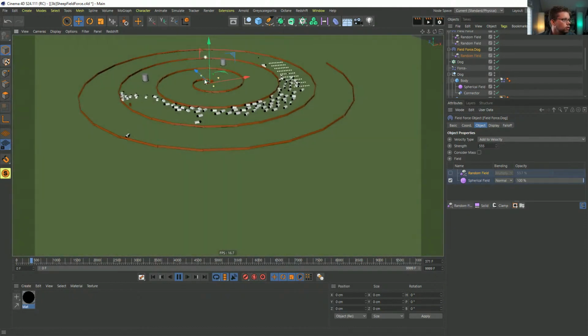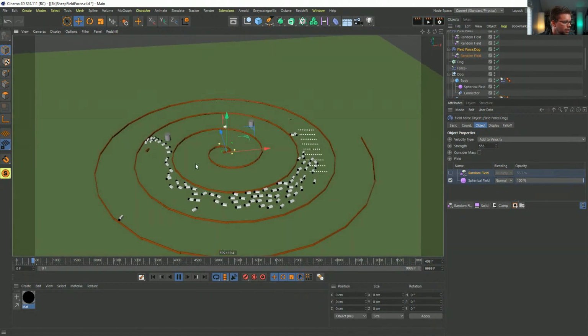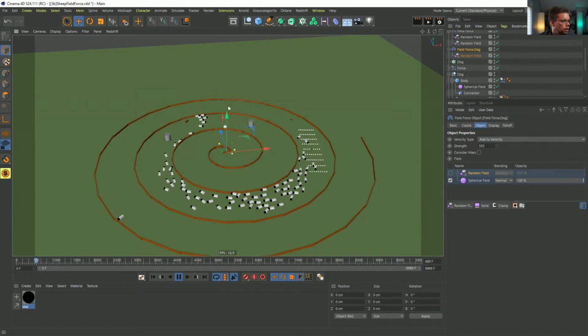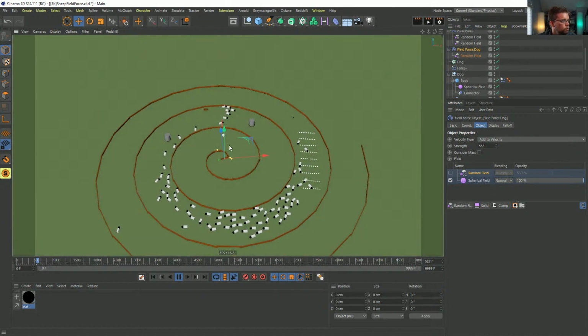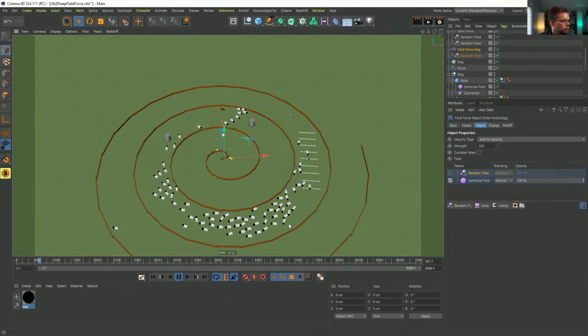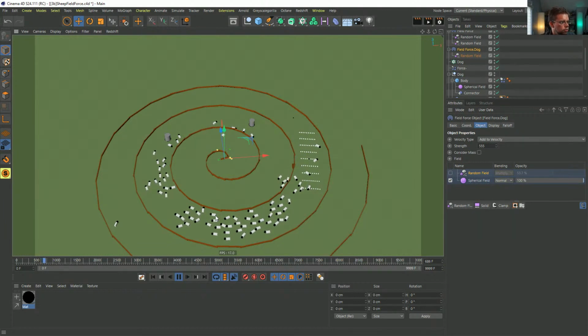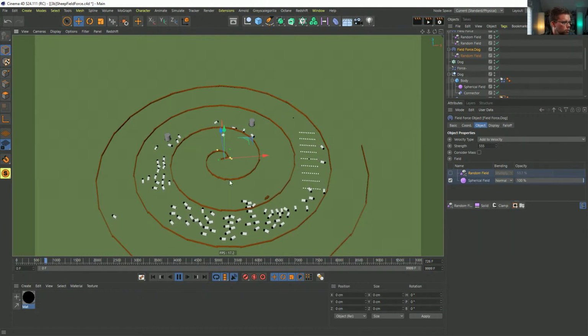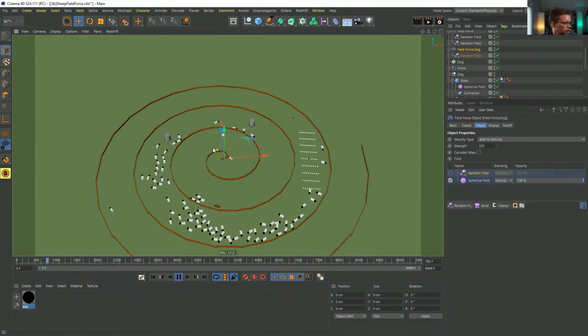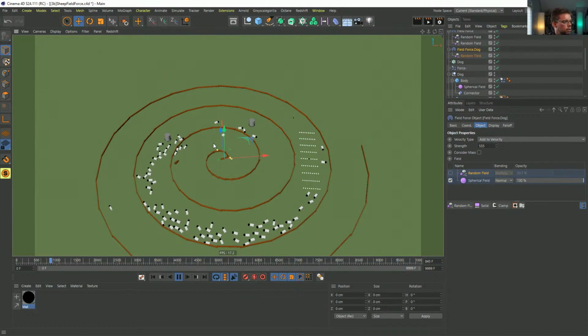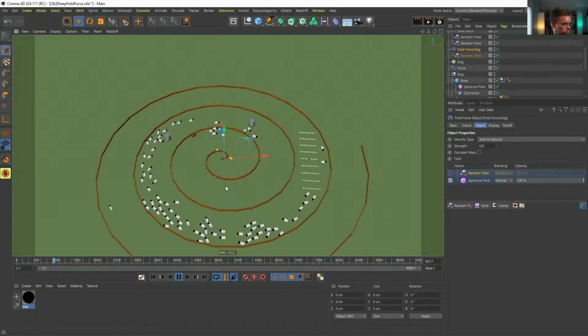Keep in mind that all these forces are 3-dimensional. They're just being held down by gravity. He's in a dead zone, but eventually that sheep will start going around. So yeah, that worked pretty well. And then what you can do is colorize all of these to random colors via the cloner, and whichever one makes it to the center of the pen first wins. But yeah, I love this type of simulation stuff. It's so fun and weird and goofy.